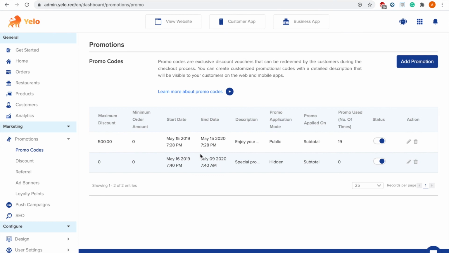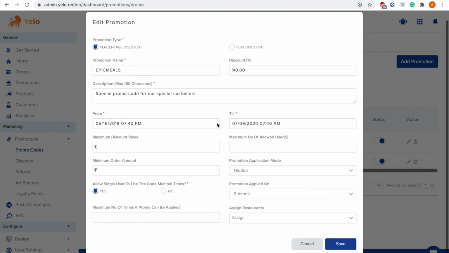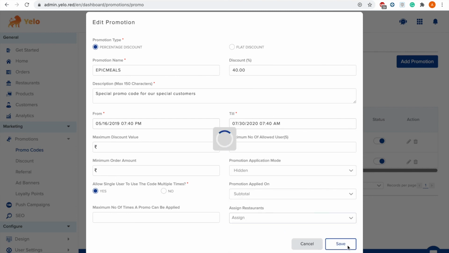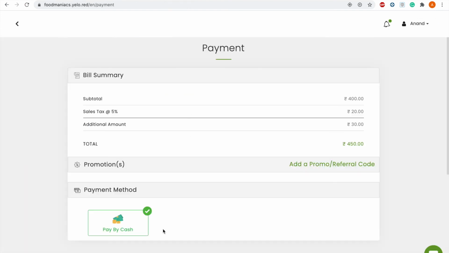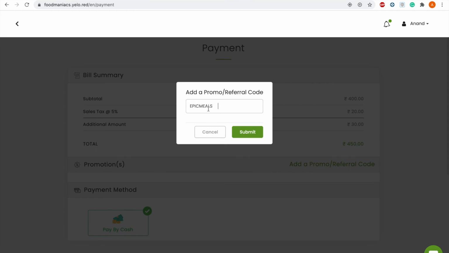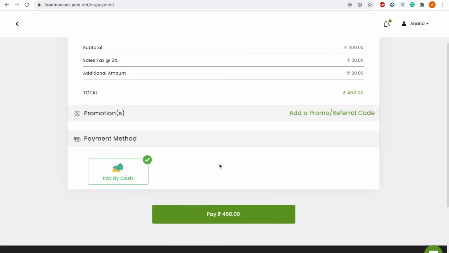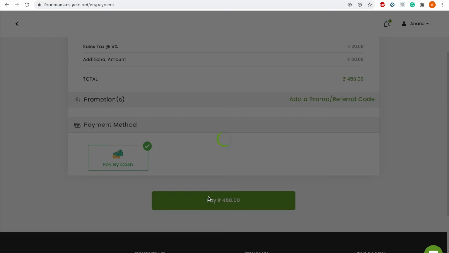We can add that. Maybe I'm not able to apply the promo code for some reason. So now pay the amount, pay by cash.